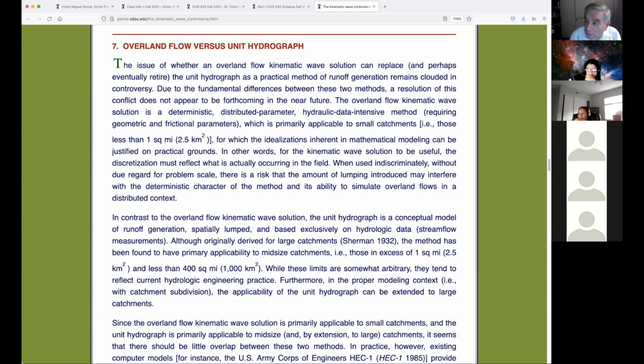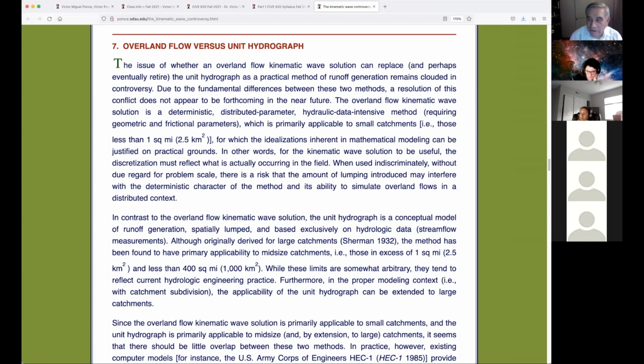They are going to be different. And there's nothing you could do to change that. You could calibrate the thing and make them the same, but that's not really the correct procedure, right? So therefore, you have to basically play with a grain of salt. I'm going to use overland flow, fine, or I'm going to use unit hydrograph. These two things are so different, they're really not comparable because the overland flow gives you